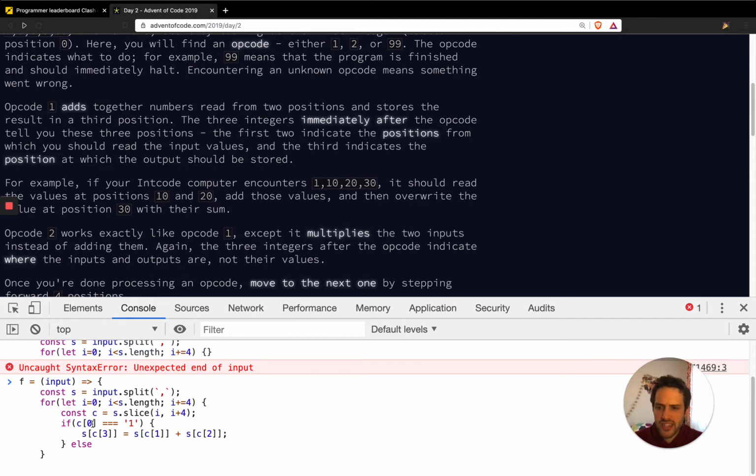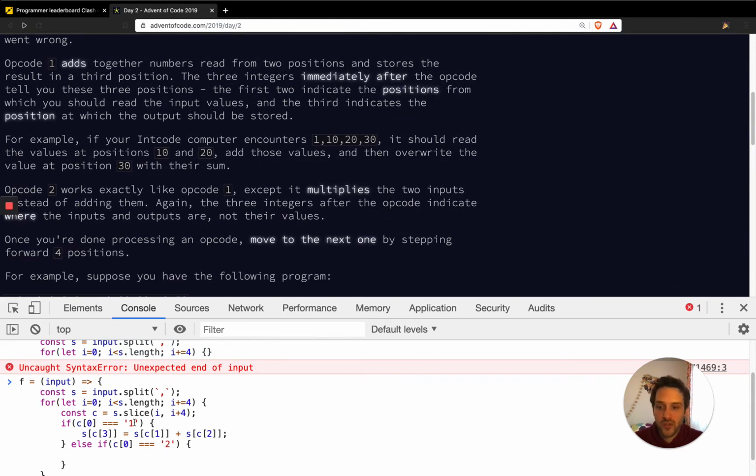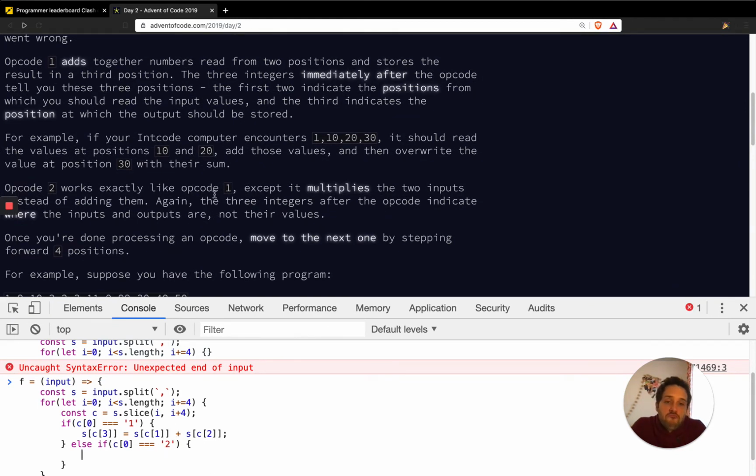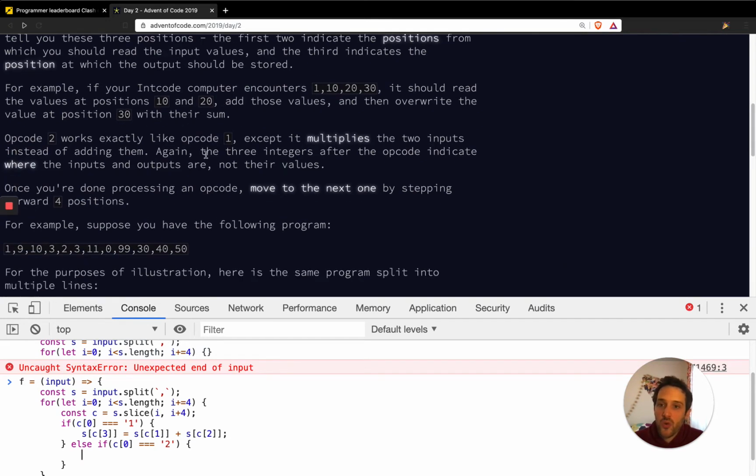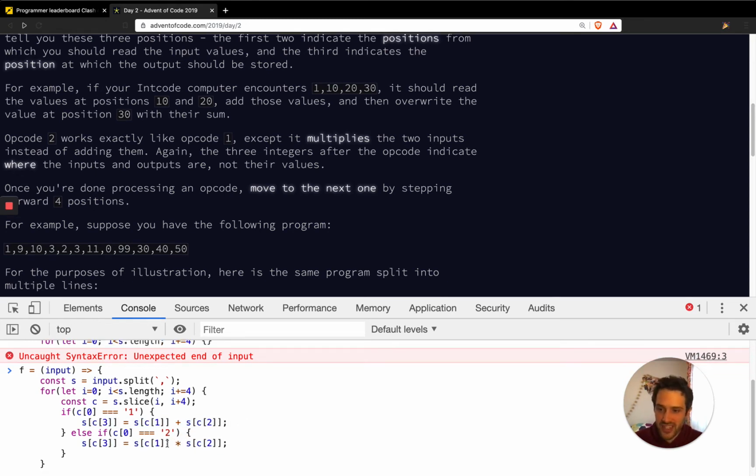Else. So actually here, instead of if else, we could do a switch with the C0. I don't see any real advantage of doing a switch, because we just have three cases, 1, 2, and 99. So that's okay. So what is opcode 2 doing? It is doing the same thing, except it multiplies the 2 inputs instead of adding them. So we're just doing the same thing, and instead of adding, we are multiplying. And then